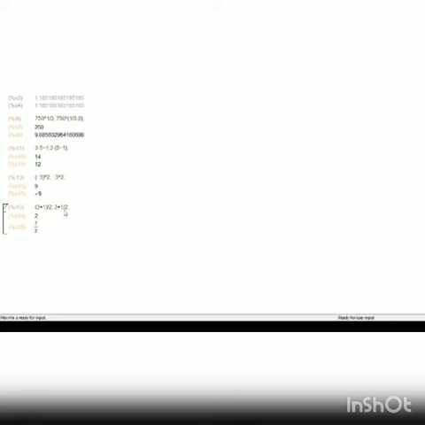Now it evaluates according to the BODMAS rule. Is there any bracket open? No. Then D, division. Yes, there is a division. 1 by 2, which is half, that is 0.5. Then no multiplication. Next it goes for addition. 3 plus 0.5 is 3.5, which is 7 by 2. If you want to see it, you put a decimal place, 3.5. So you have to be careful while writing the programs.